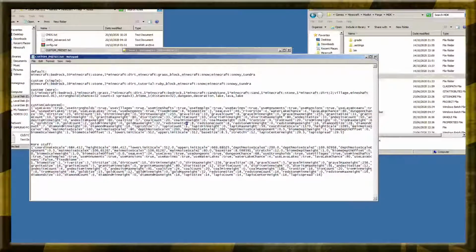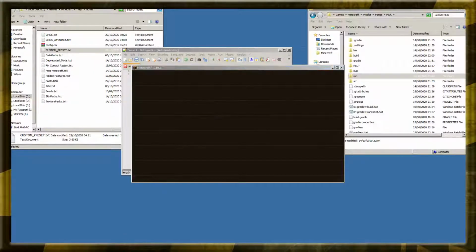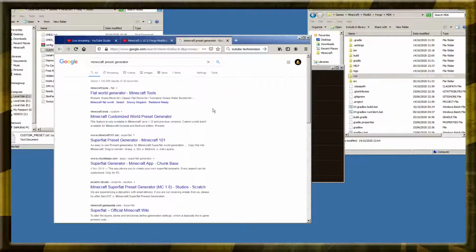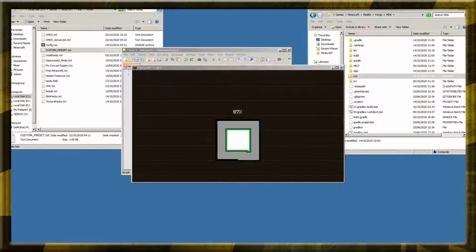You can actually use generators online. I've added a link somewhere in the Modkit for useful links. Not quite sure where that is. Minecraft preset generator, I suppose. Yeah, so if you just Google Minecraft preset generator, you can get all these cool things. They'll just output a command line and stuff like that. I haven't been able to find an app that does it yet, or a jar file, but